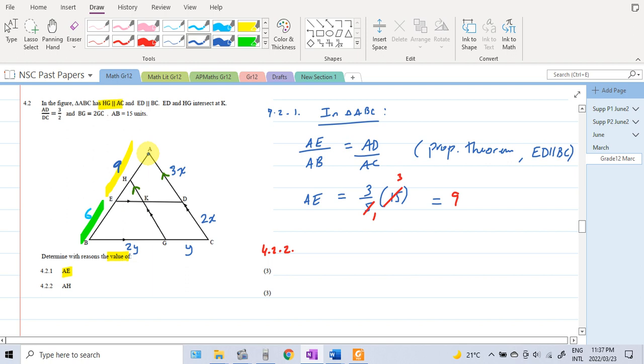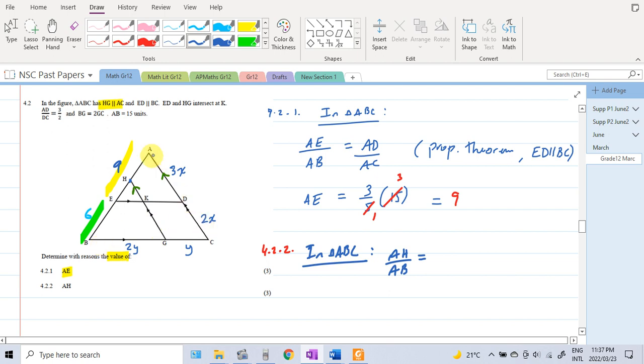We have AE to be 9. How will we calculate AH? Maybe we need to look at this triangle over here on this side. So in triangle ABC again, I'm looking at this side, which is parallel, HG is parallel to AC. Let's try to work with the ratios. So we want to find AH over AB. So you can say AH over AB is equal to